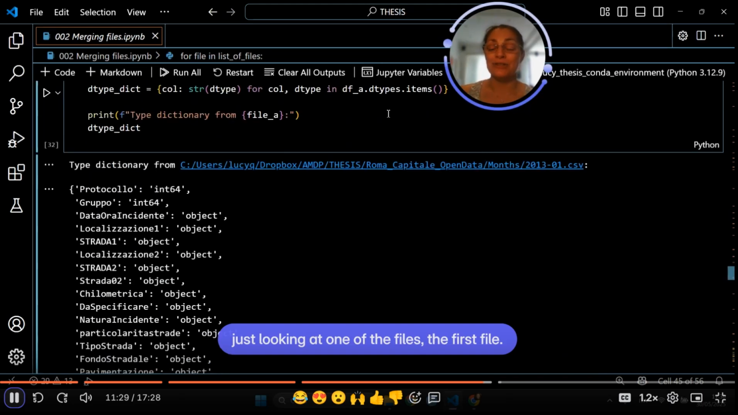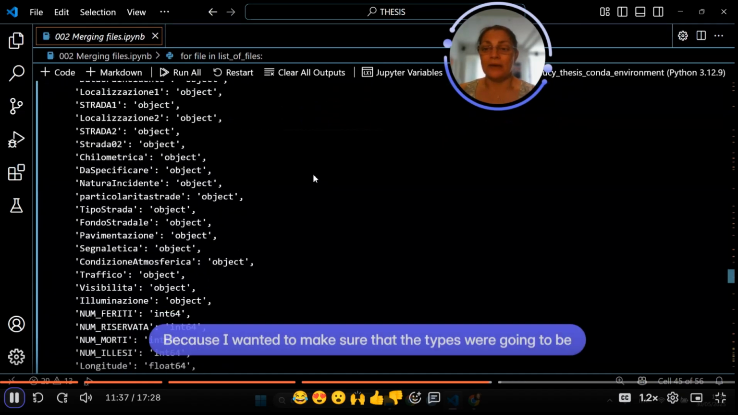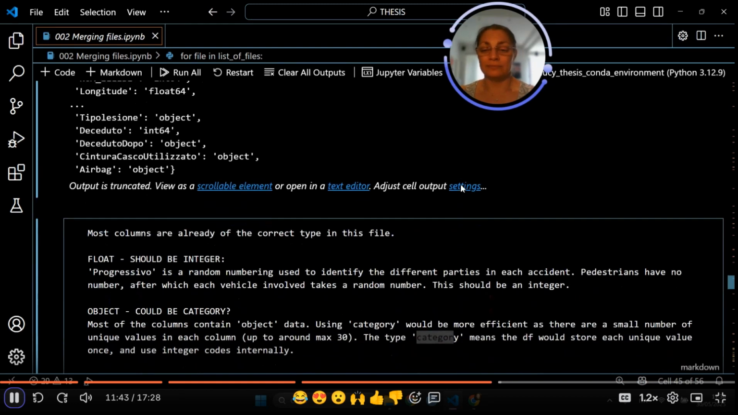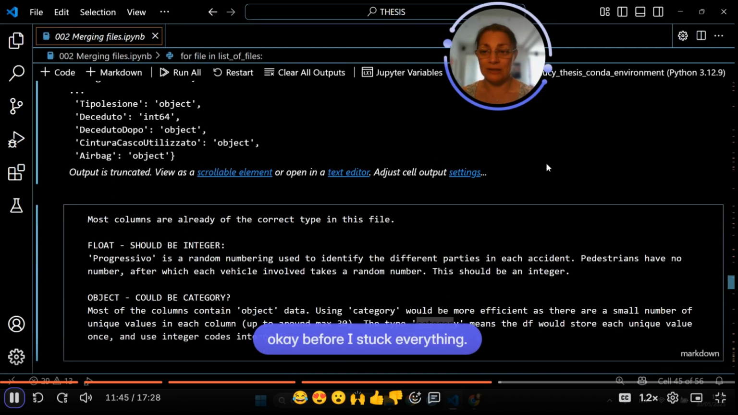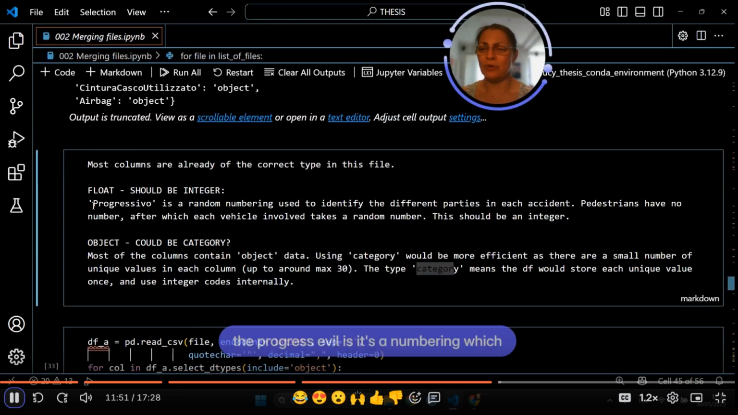Okay, so next, just looking at one of the files, the first file, I got what all of the types were, because I wanted to make sure that the types were going to be okay before I stuck everything together. And the only problems that I found was the progressivo, it's a numbering which,